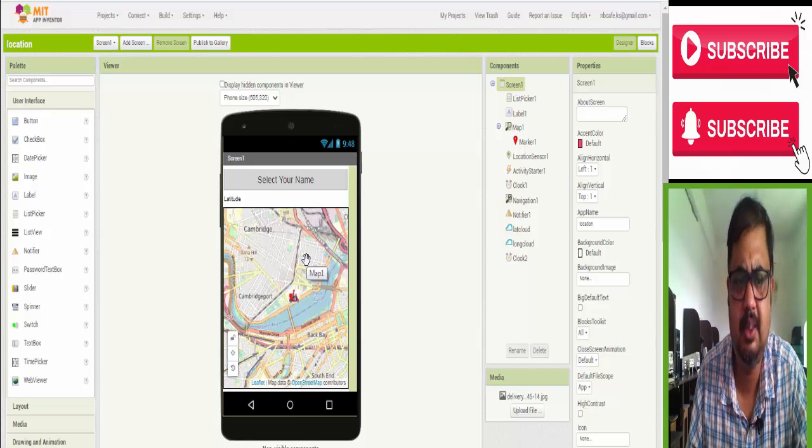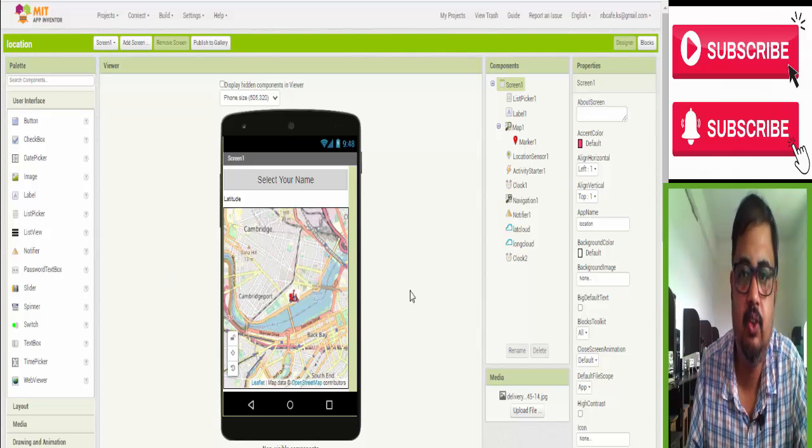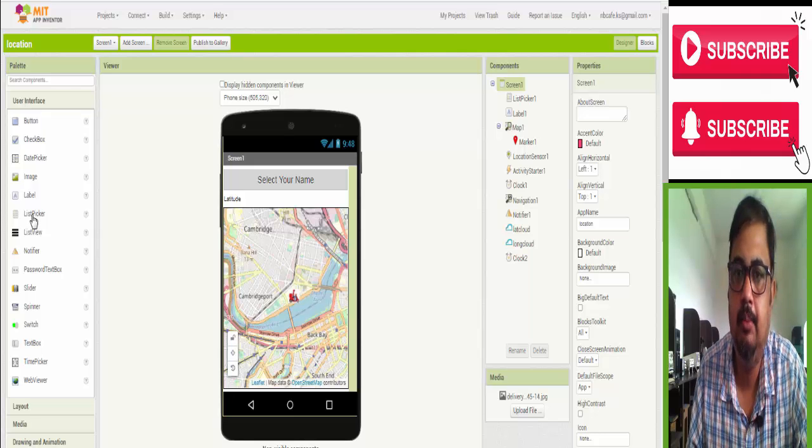That is why I simply show you how the different blocks can be assembled to create a great project. Okay, so for that, see, I take a list picker here, and you know where you can get the list picker, here. This list picker will give you the friend name which you want to select, which you want to track.